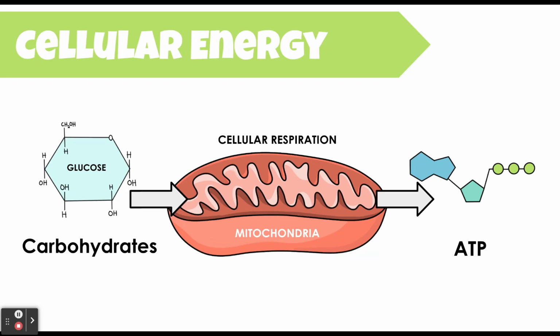All living things need carbohydrates. When we talked about our biomolecules, we talked about carbs as being a form of short term energy. The majority of the type of carbs that we want is in the form of glucose, which is a very simple sugar ring. The reason we need glucose is it will enter the mitochondria of our cells, and the mitochondria is going to use a process called cellular respiration to convert that glucose into